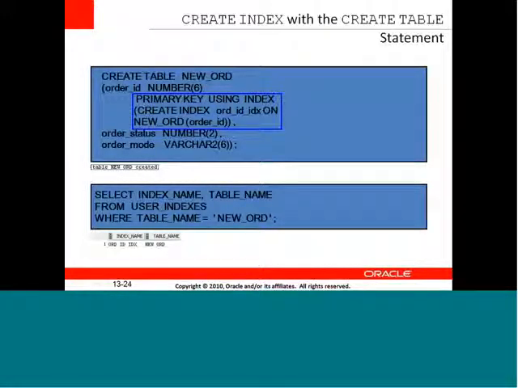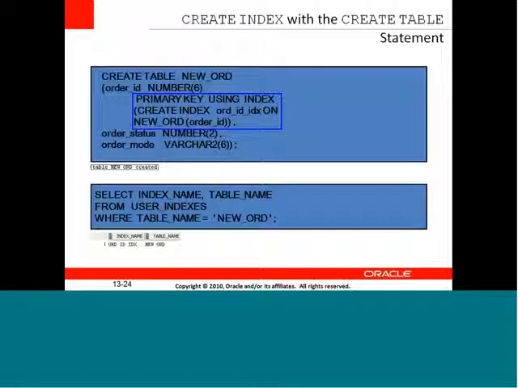Yes, this is one such example with create table. So we are creating a table. This query is very easy to understand, that we have got all the things being used here. We are creating a table with a primary key being added, that is adding a constraint. And the primary key is using an index again. Now the primary key is considered as an index, and again I'm creating an index over here, and I'm giving an index name also.